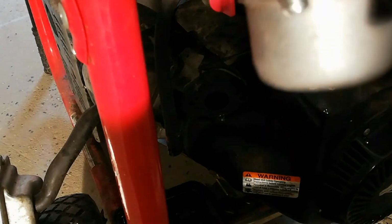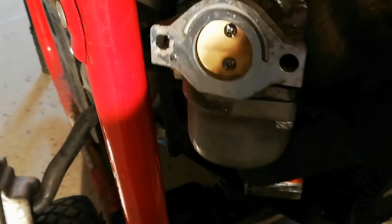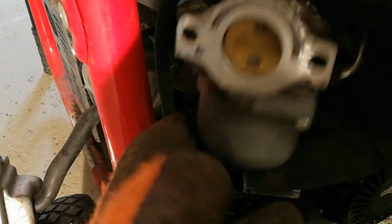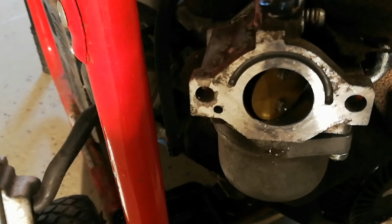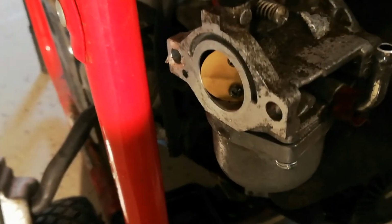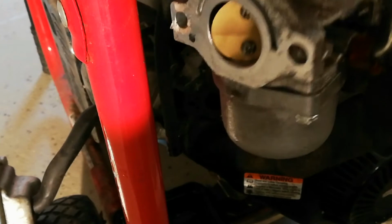and then we will either strip it down, see if we can clean it, or replace it with a new one. I'm not too sure with what's going on here. They're all fairly straightforward, but you know, the plastic, it could be, well, it's 4-stroke, so it's got ethanol in the gas, so that's not good to begin with. So we're going to want to make sure we clean this out as best we can. Getting a new carb might just be the easiest thing for me to do in this situation,